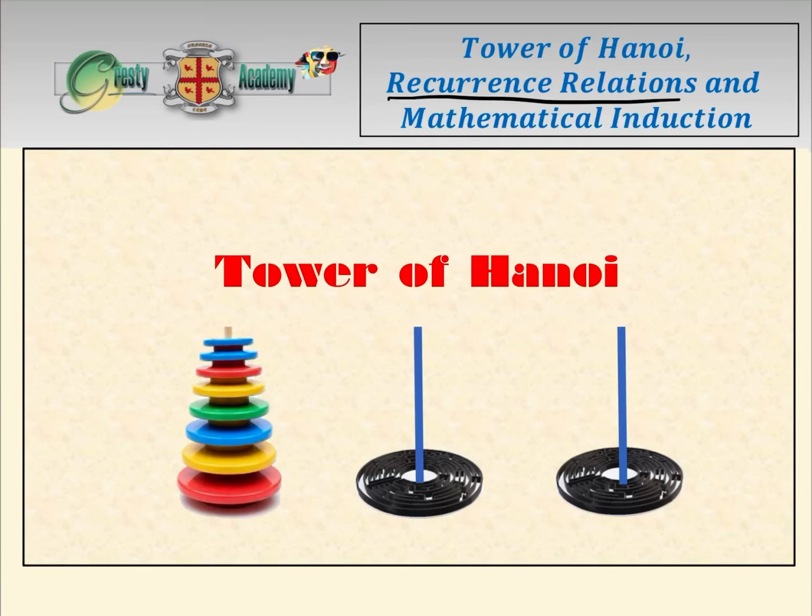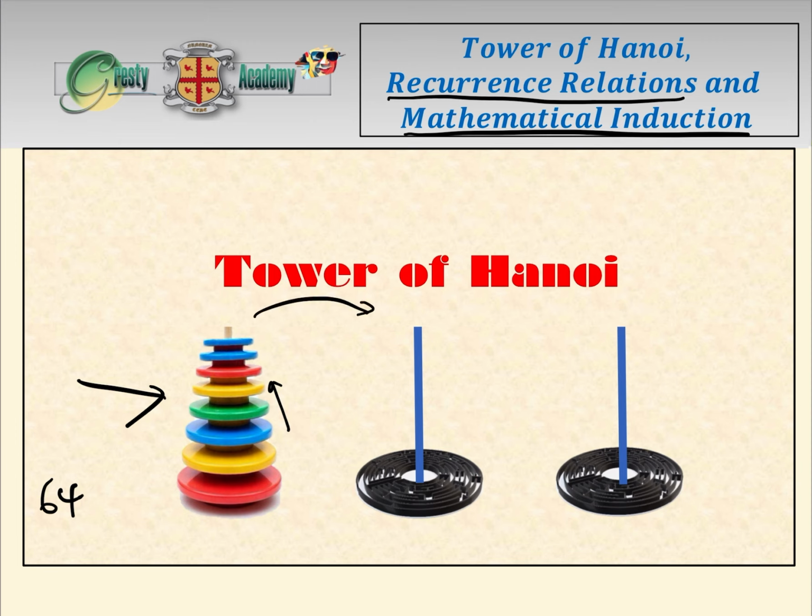Today we are going to be looking at recurrence relations and mathematical induction through the game played by children called the Tower of Hanoi, which is a bunch of discs of decreasing size going upwards that you move between various poles. Apparently legend has it that this task was given to some monks in Hanoi, and they had to move 64 of these solid gold coins, and when they've completed moving them from one pole to another, the world will end. Well, fortunately, as we shall see, moving 64 discs according to the rules would take 585 billion years,